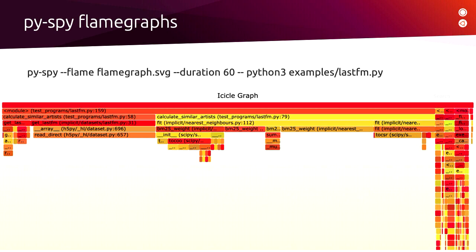Along the x-axis is how much time. So we sampled the process 100 times in 1 second. And for each of those, we now divide the whole width of the page up into 100. And for each time we saw a process, we give it a little bit of that space. And so in this particular example,